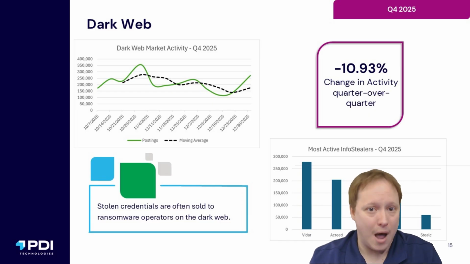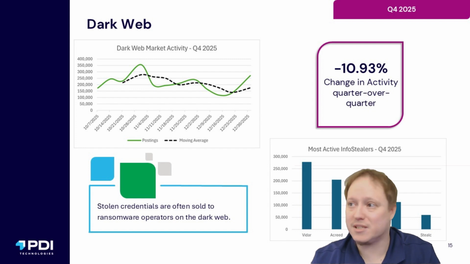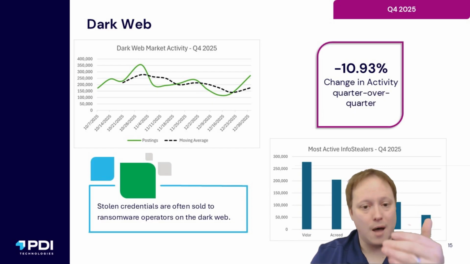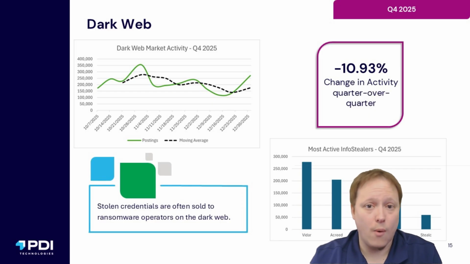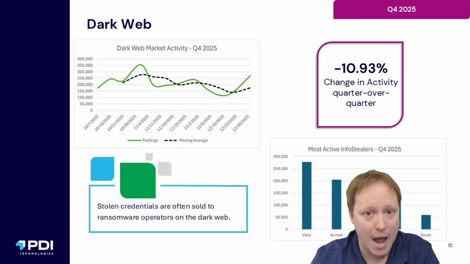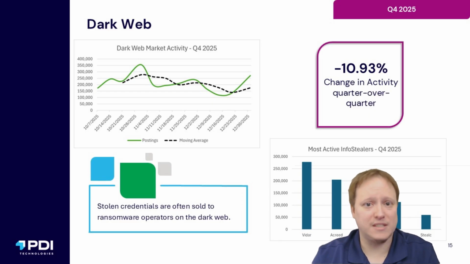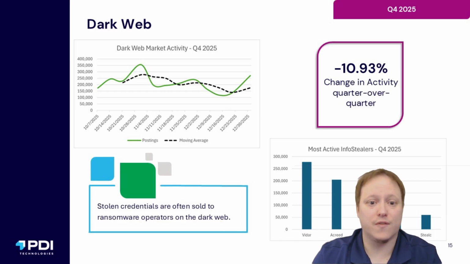These info stealers remain popular tools for threat actors because if they can distribute them, let's say through phishing or a fake "hey, your computer's outdated, you need to download an update" prompt on the internet and install this info stealer, it can then go out onto the victim's device and look for things such as passwords that are saved in browsers, sensitive banking information, cryptocurrency information, and more. After that, it can gather up all that data and send it over to the threat actor. Additionally, some of these can provide straight remote access to the computer as well, giving that initial access. And this is where those threat actors will then resell that on the dark web to other threat actors that want to launch further attacks.